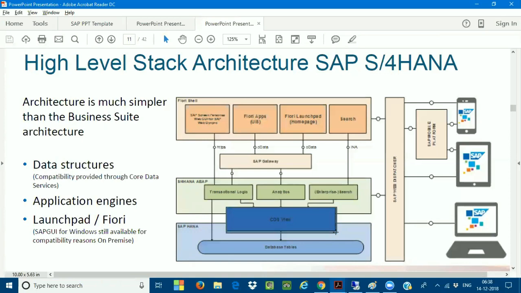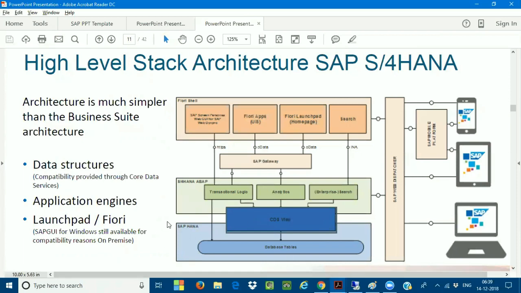So CDS views stands for core data services views. I'll tell you what core data service is. There is data modeling now. You can create your own views, create a report, and extract the report. There is no need to take the help of your technical team from today onwards, and no need to write any ABAP programming for any kind of program action. Views are created, and you can save these views in your database. Whenever you want to extract any kind of data, you can use these views and see the reporting system from today onwards. I'll show how the views look like. There is a class for us on CDS views.